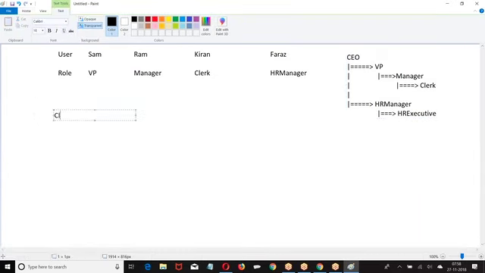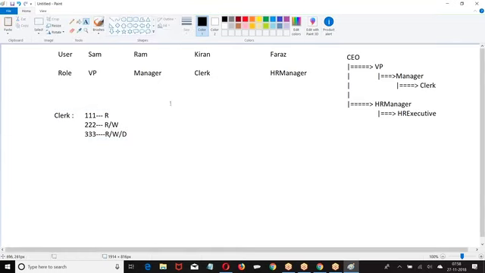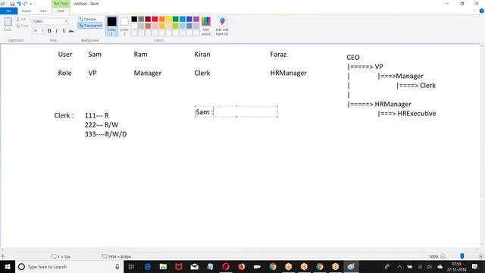Now, clerk is able to see 111. Now, clerk is able to see this record. So tell me which record Sham can see. Now, let us start with Ram. Which record can Ram see? Ram can see every record that is visible to him.